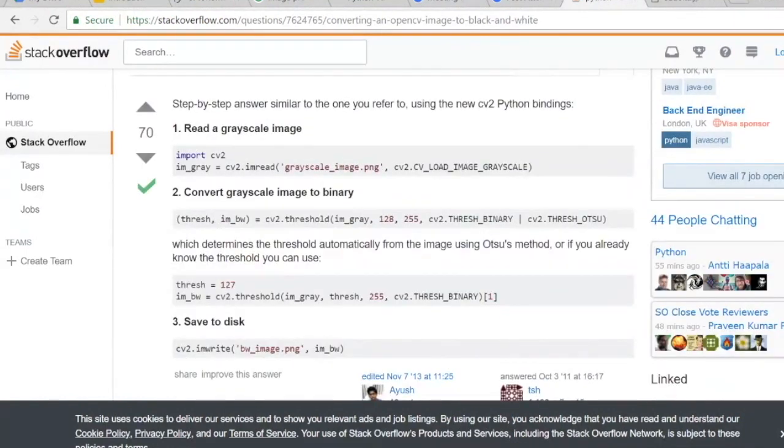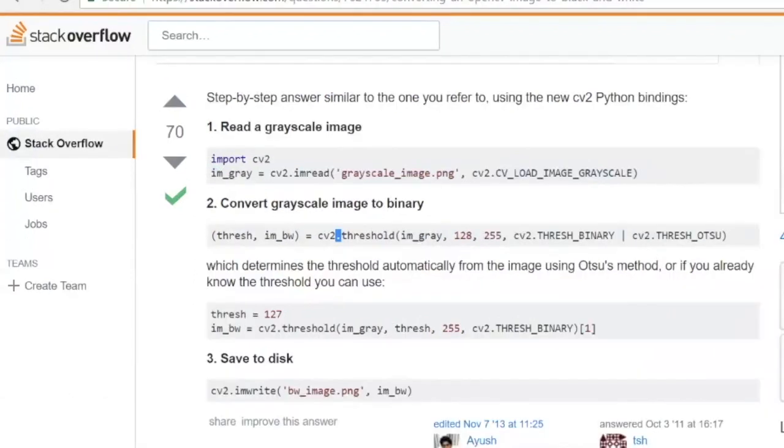Here's the most upvoted answer, and we know how to load a grayscale image, so that's good. But then if you want to convert that to a threshold, to a binary image, or to a black and white image, they've used the word binary over here, but it's the same as black and white. A binary image is where you have only two values, 0 or 1.